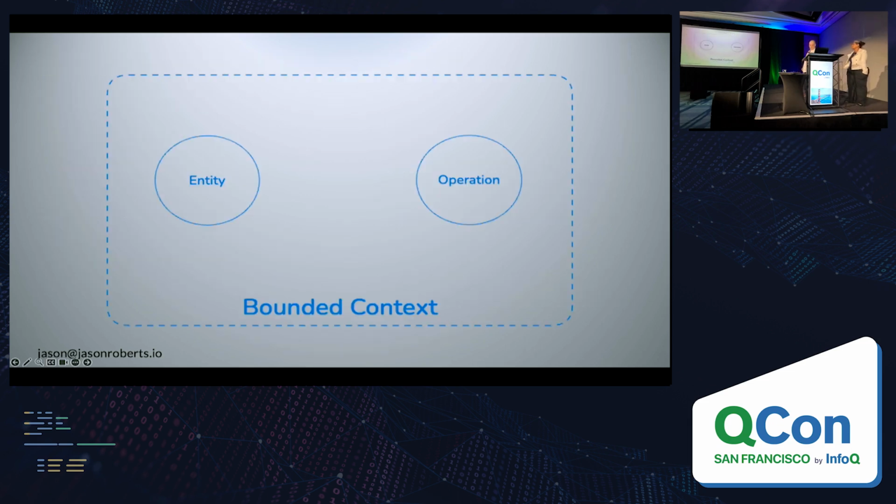So I'm going to build up a little bit about what we mean in our bounded context. And I want to start very simple. I told you what an entity is. You can imagine what an operation is, but it's a request, pay my bill. It's something that's going to cause, very likely, those entities to change, and it's going to cause events in our system.